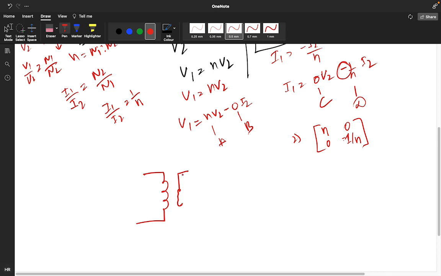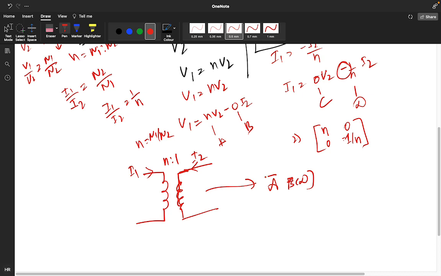Okay, let me correct it. If it is a transformer, this is n is to 1, where n means n1 by n2, and this is the I1 current, this is the I2 current, so the ABCD parameter will be n 0 0 1 by n. Prasanna, is it clear how we are getting n 0 0 1 by n, or do you want me to repeat it again? One thing. Okay. See,